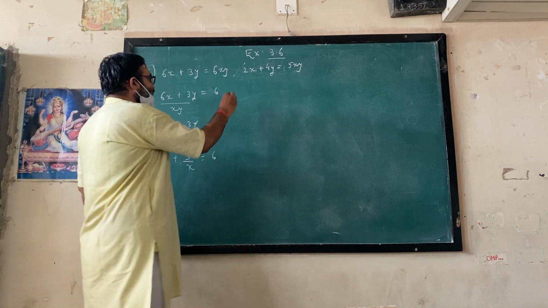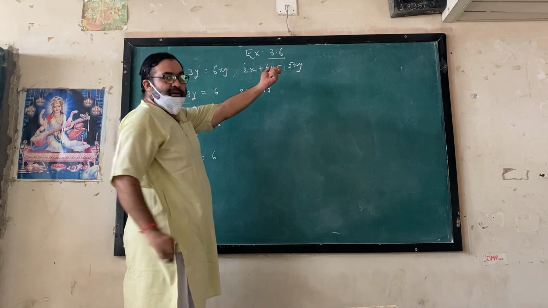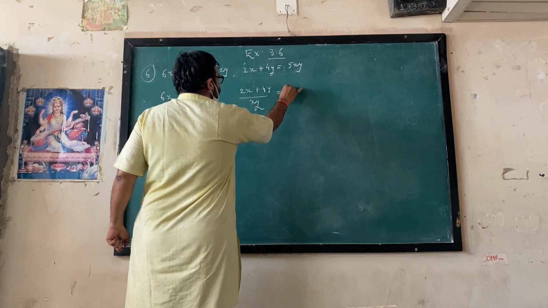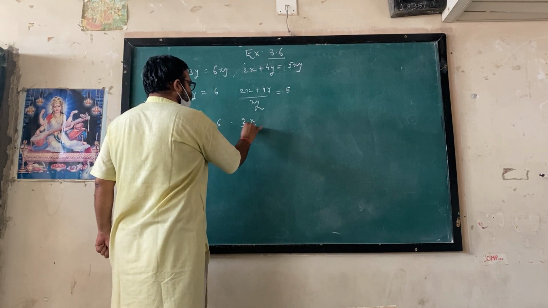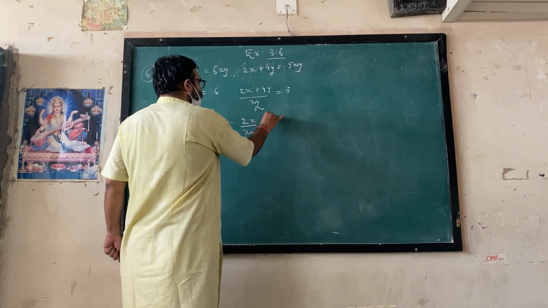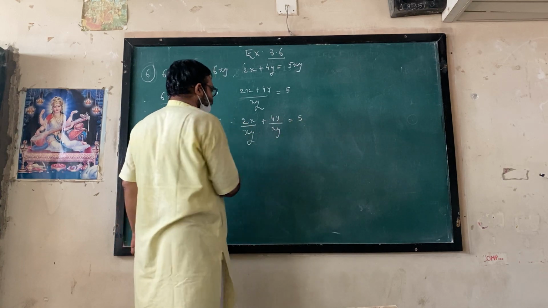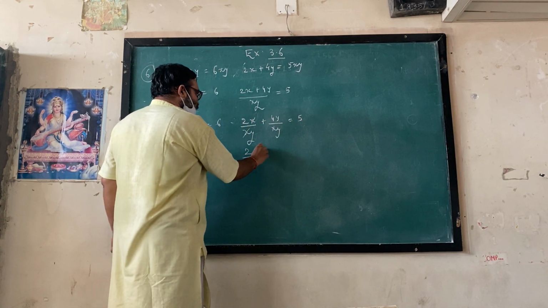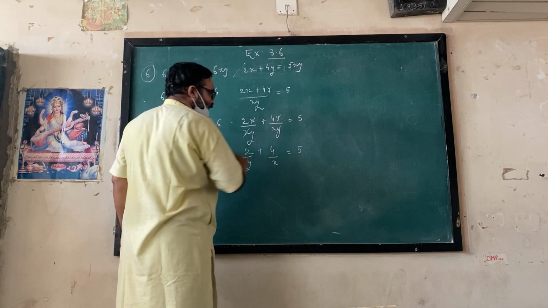Similarly, the second equation is written as 2x plus 4y, with the product of the variables in the denominator, xy here, and 5 will be on that side. So now 2x upon xy plus 4y upon xy is equal to 5. x and x cancel. So this is what? 2 by y plus, y cancels, 4 by x is equal to 5.